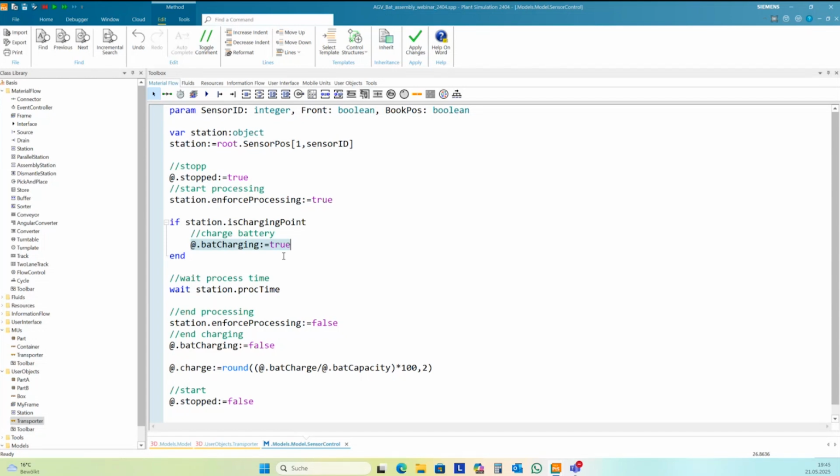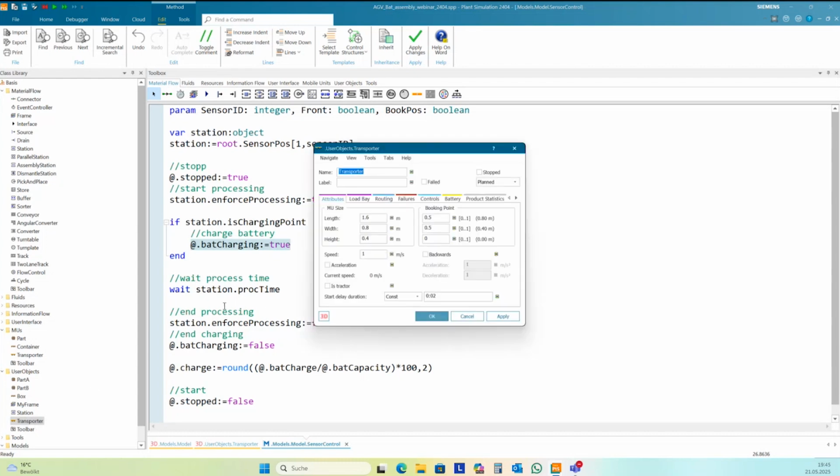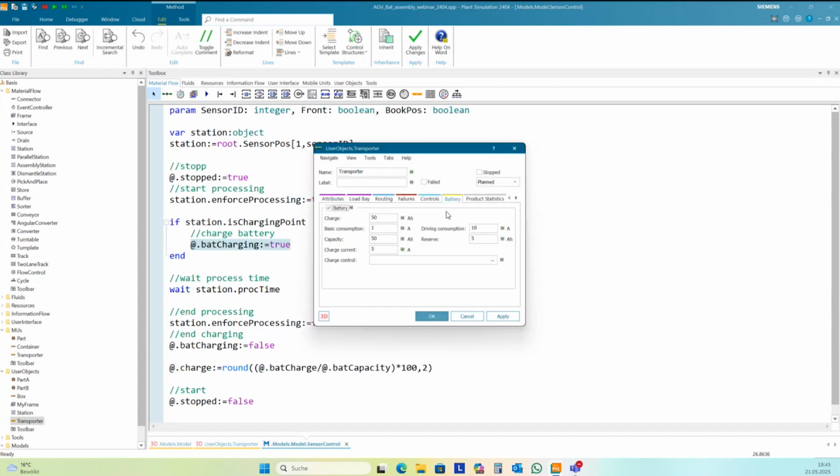And if we have separate charging stations, yes, all the HEVs need to move there. You can use the charging control, the battery tab here, to create a control and set, for instance, a destination to the charging station.